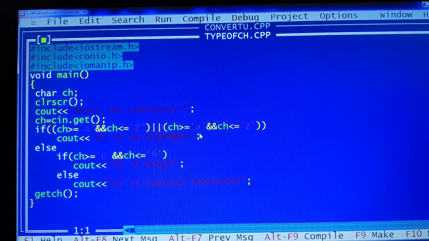Coming to this particular point. What is the ASCII value of lowercase a? That is 97, and the ASCII value of lowercase z is 122. So the input given character is lowercase r. Whether its ASCII value lies between these ASCII values? Yes. If it is so, then it is printing as it is an alphabet. Like this, we are going to use the reading statement, that is cin.get. Depending upon that, we are printing the statement. I hope children you are able to understand.